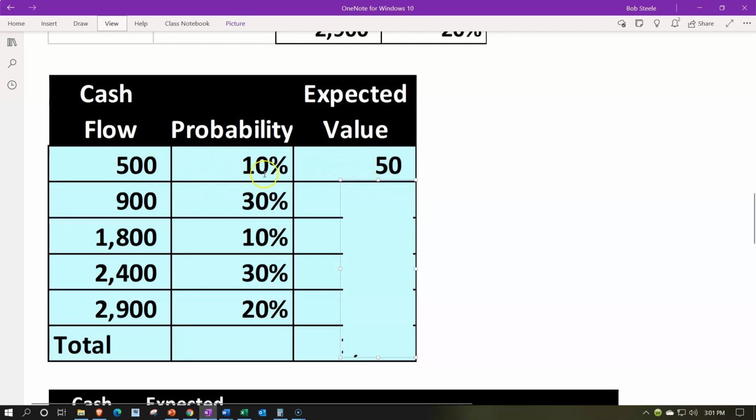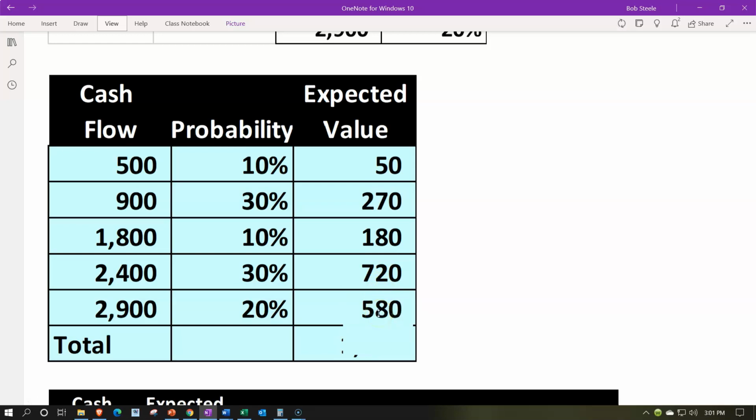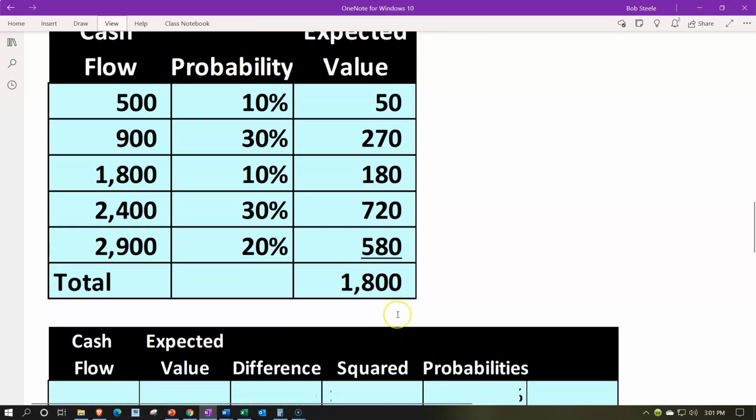So we have the 500 times the 10% is 50. We have the 900 times the 30% is 270. We have the 1,800 times the 10% is 180. The 2,400 times the 30% is 720. The 2,900 times the 20% is 580. Adding up the outer column, we get to that 1,800. That's our expected value. Now, of course, we can compare the expected values of the two projects, the two investments,